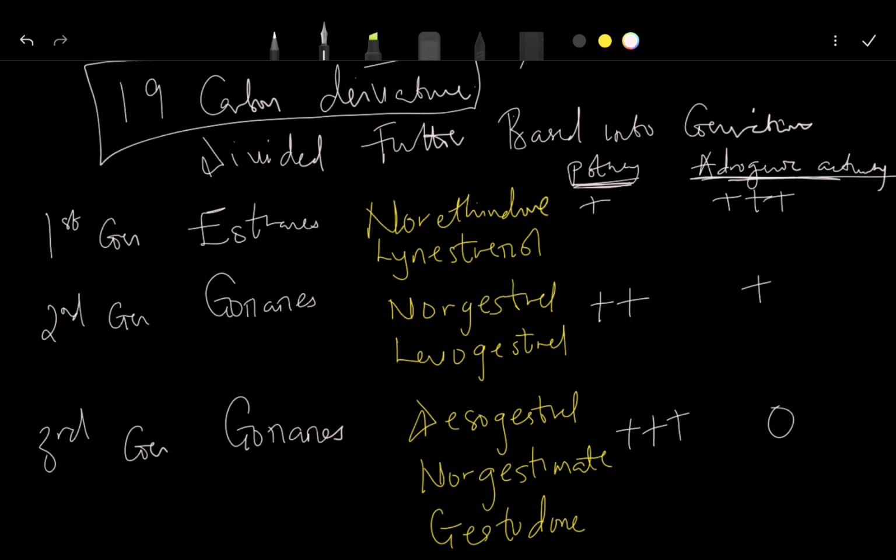Remember I told you at the beginning that progesterone acts as a precursor for the synthesis of the other hormones. It acts as a precursor for the synthesis of estrogen. It acts as a precursor for the synthesis of androgens. So it will not be surprising that some progestins will have androgenic effect. That's why when you give, for example, norethindrone to a patient, and they have this androgenic activity, it will lead to what? Acne. The ladies will start having acne, they will start having hirsutism, so those manly features will start coming out. You get, that is the limitation.